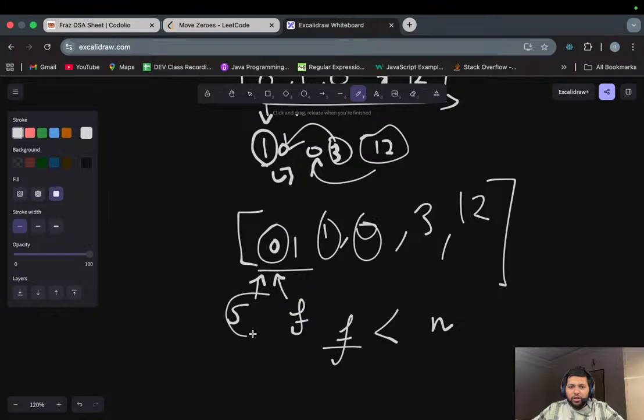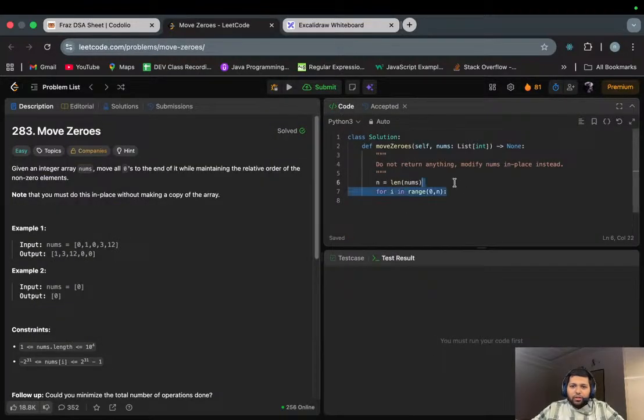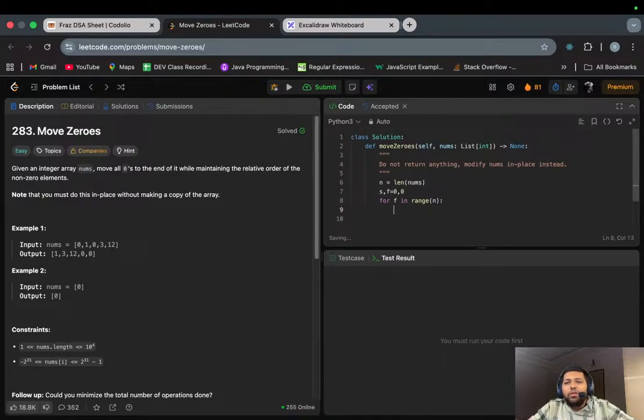In only that scenario we will change the slow. ओके, तो ये हो गया. देन एक स्लो पॉइंटर ले लेते हैं 0, f for f in range n, 0, n और n एक ही बात है, उसकी स्टार्टिंग रेंज 0 से ही शुरू होती है।